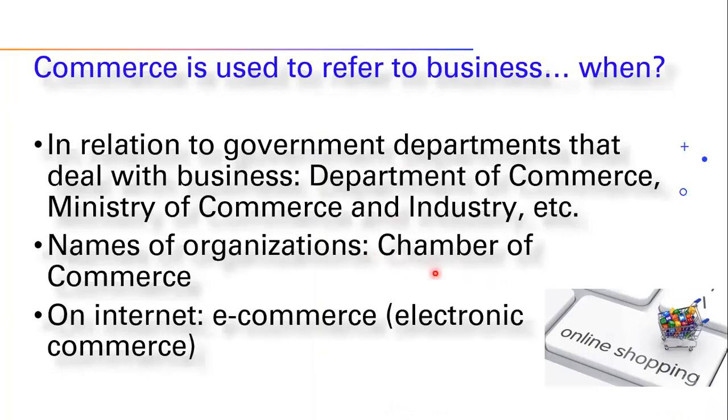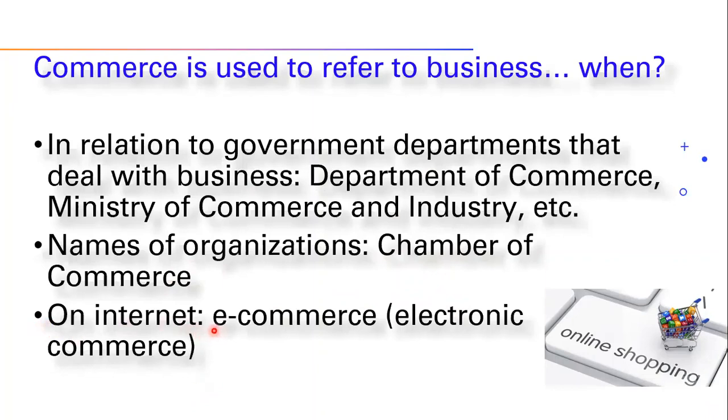I would like you to check this online. What is the meaning of chamber? Actually, the original word is in French, and we still use it. So probably this is a new word for you. Check this online, okay, so you can understand better what this is. But I'm pretty sure that right now you can know because of the context. Okay, so names of organizations like Chamber of Commerce,